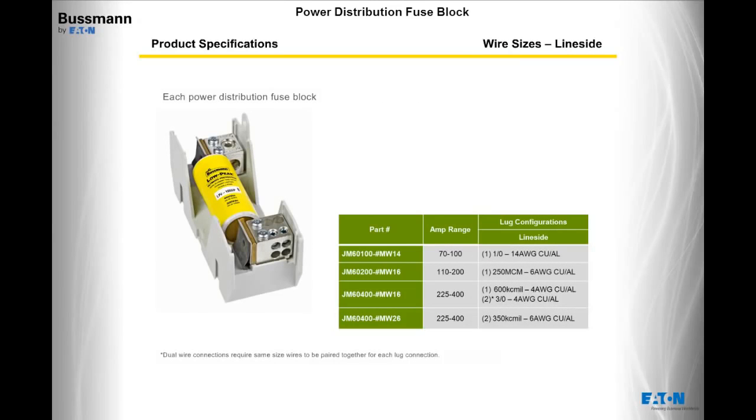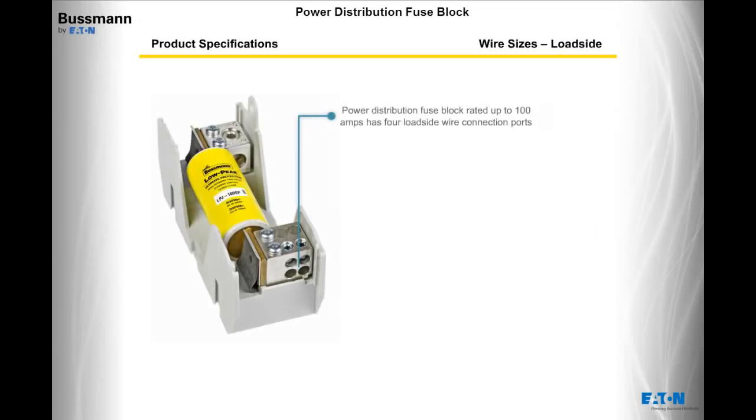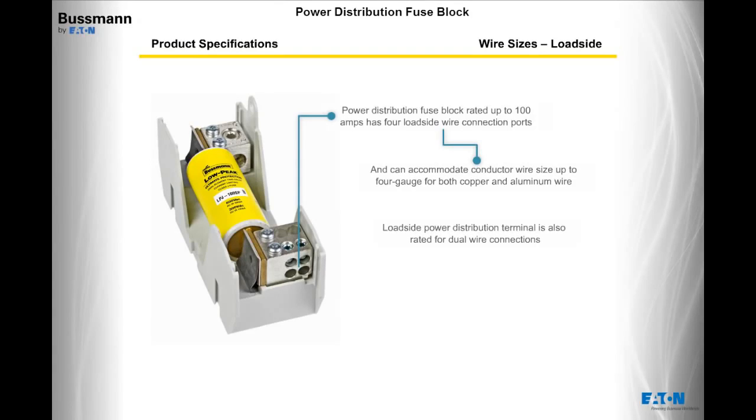Each power distribution fuse block has a standard single-port box lug for the line side wire connection, rated for either copper or aluminum conductors. The power distribution fuse block rated up to 100 amps has 4 load side wire connection ports and can accommodate a conductor wire size up to 4 gauge for both copper and aluminum wire. The load side power distribution terminal is also rated for dual wire connections, allowing 2 of the same size wires to be connected into each port for up to 10 gauge wires, for a total of 8 potential load